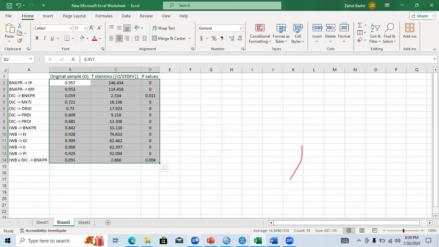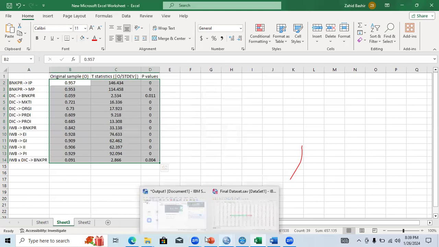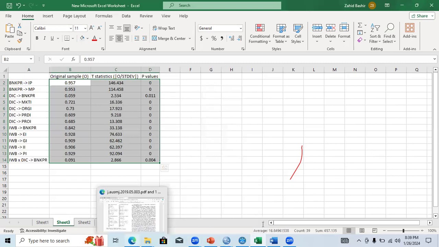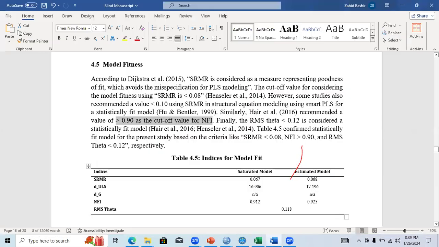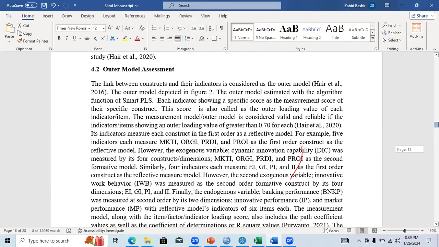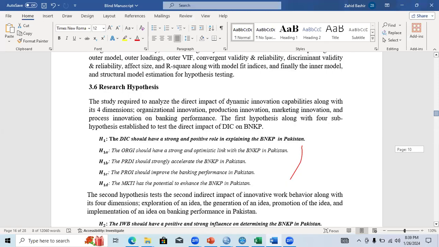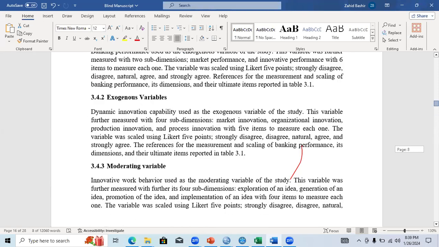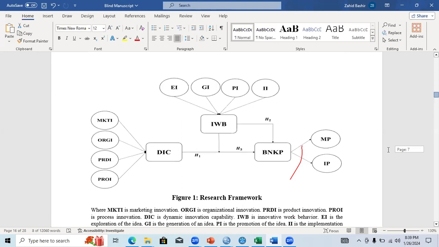If we see our basic model, what was our basic model? If I would like to show you, just a minute. This was my basic model. Here, first of all, I would like to see DIC as a first hypothesis: dynamic innovation capability on bank performance.